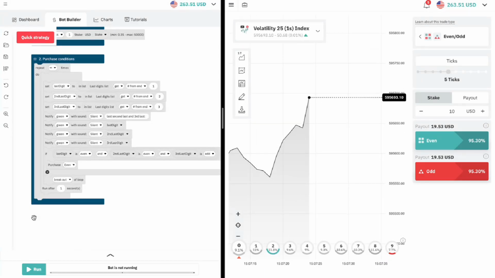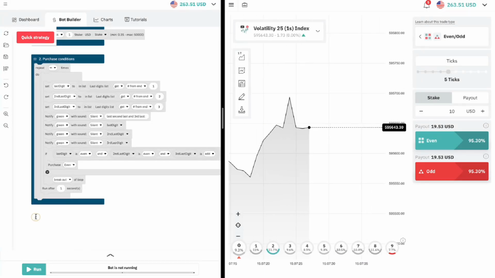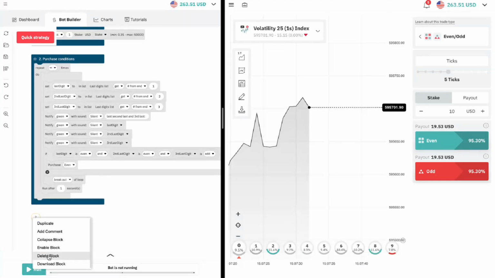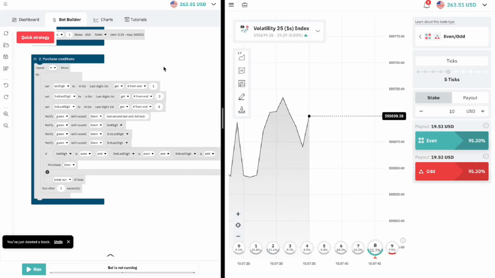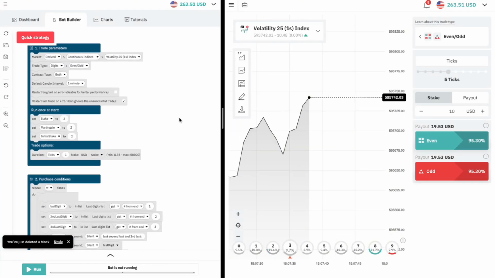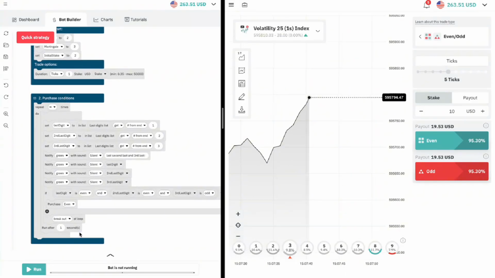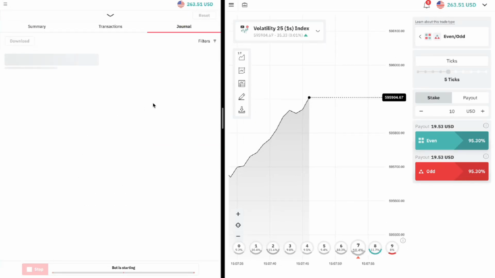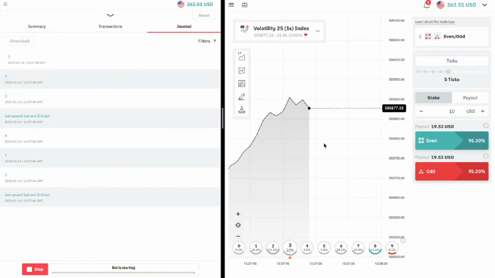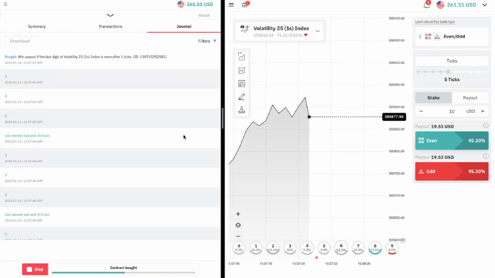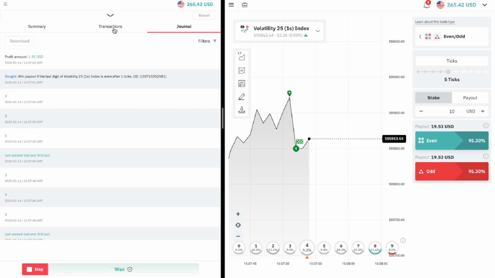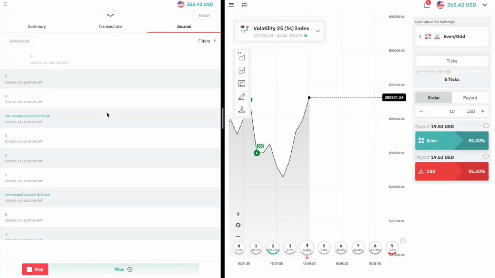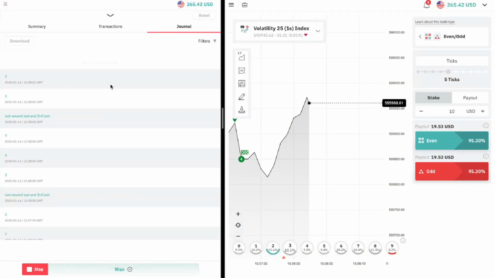That's cool. Remove this block here. Let's delete that block there. So let's just make sure again, 25-1s, even odd. That's cool. So the trade is set from here. So let's see if we get any trades on 25-1s. If any trade happens, you should see it on the right hand side as well. So that's the first one. We're gonna give it 5 runs only, just to be able to test the whole strategy. It has taken one trade.